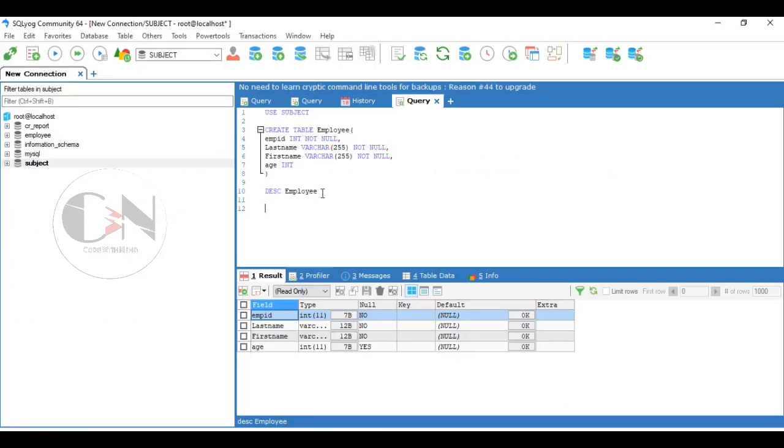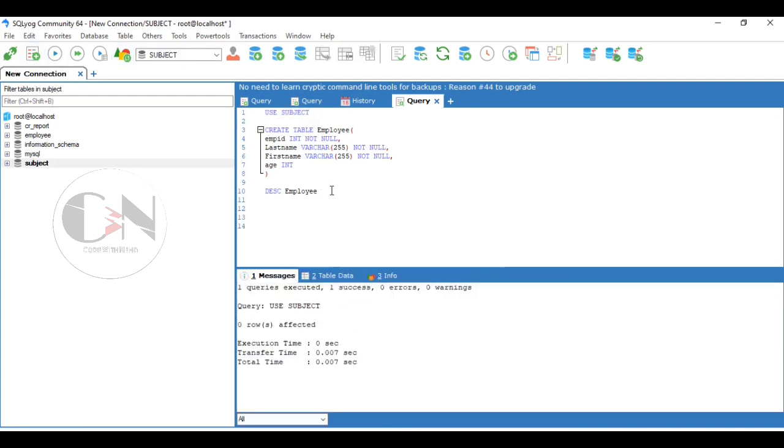So now let us apply. Creating the table persons under the database subject, following the same process as the previous table.